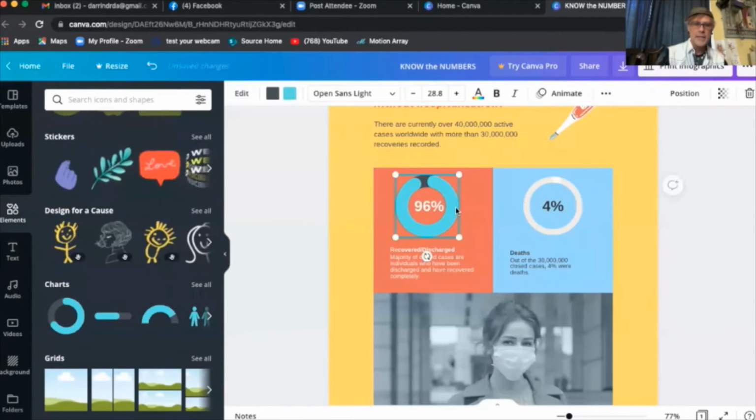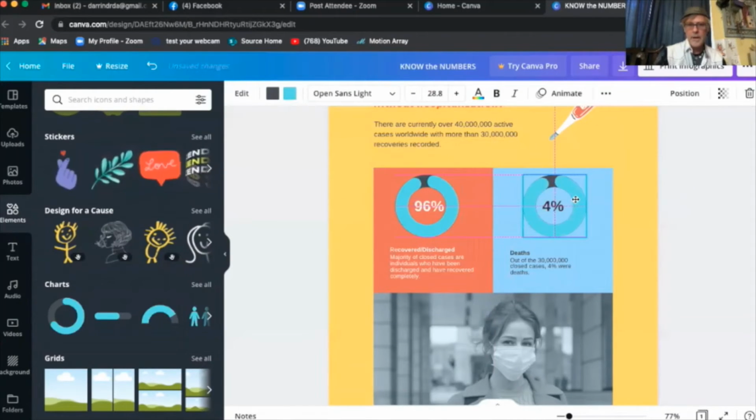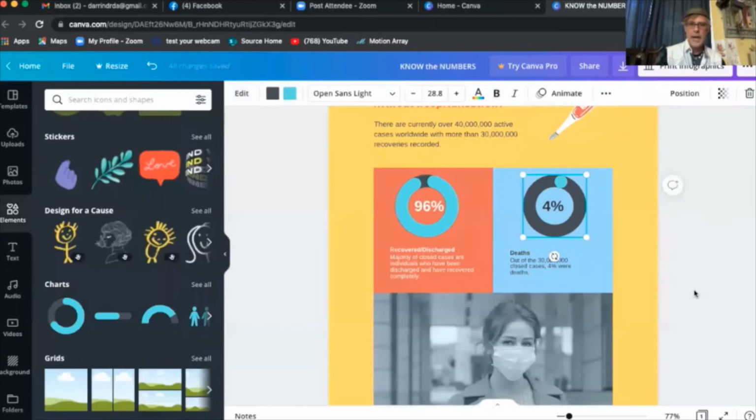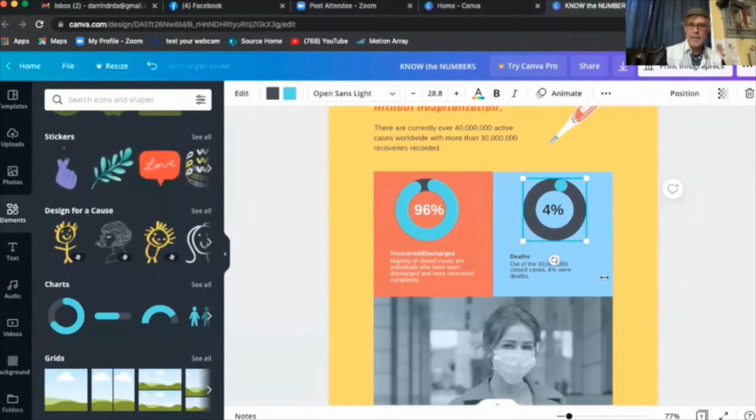I'm going to highlight this and copy paste, which is Command C, Command V. And that one is also wrong. It shouldn't be 4%. So I need to make sure it says 4 instead of 96. So it's the opposite. Okay, well, I'm pretty happy with the way that looks, but I think this now